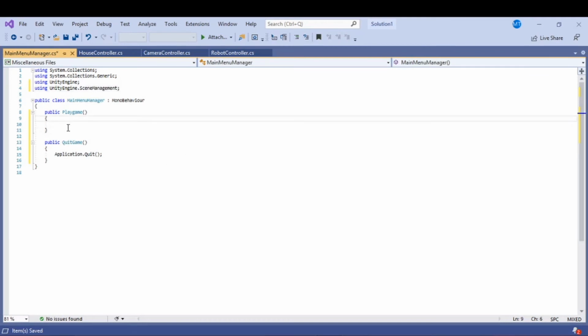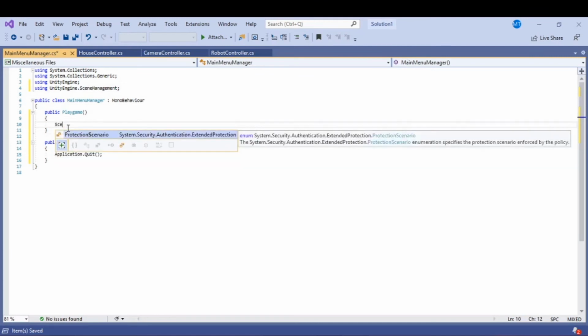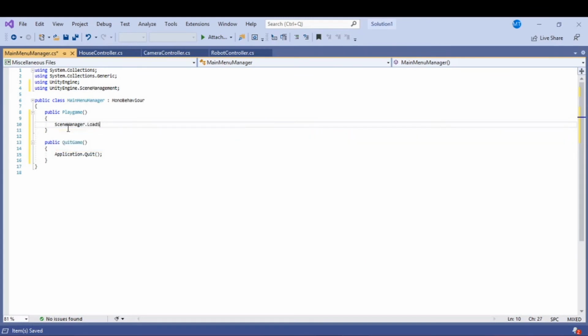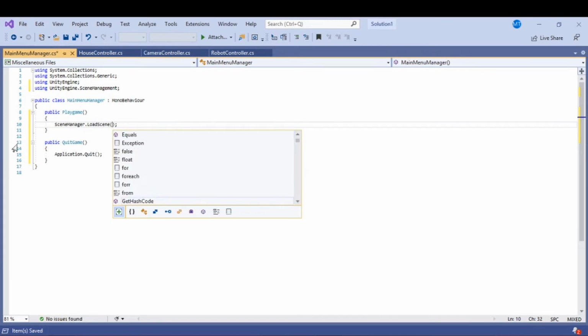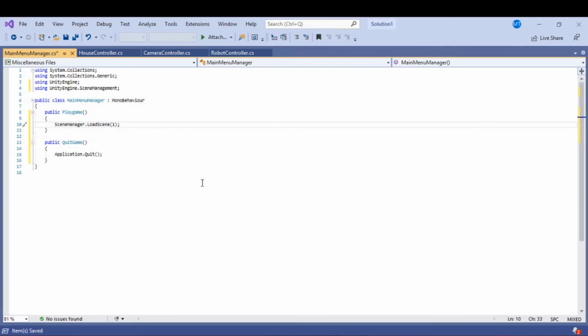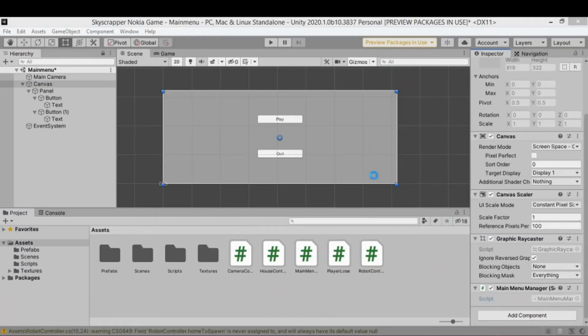So in the play game, let's just write scene manager dot load scene, and we could just say to load our scene 1 in the build index. We could tell our name, so game, or we could, well, I forgot how to do this, but I usually just write the build index, so 1. Now if we save this, go back to Unity,